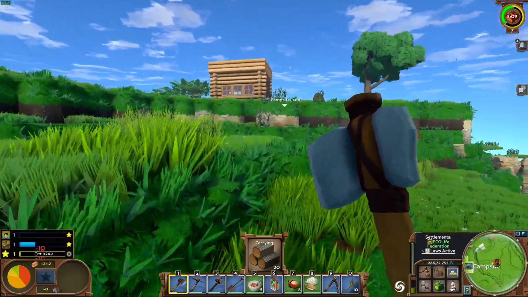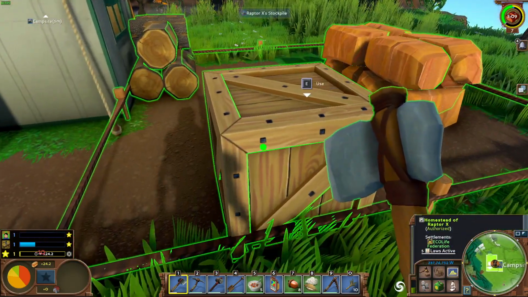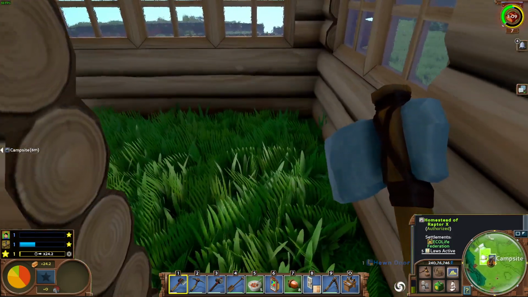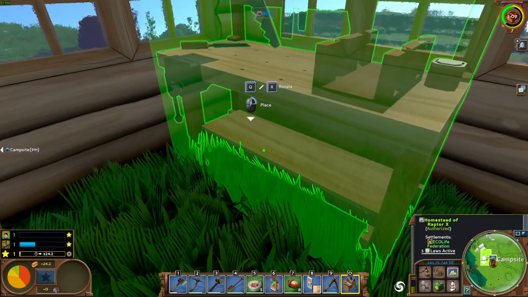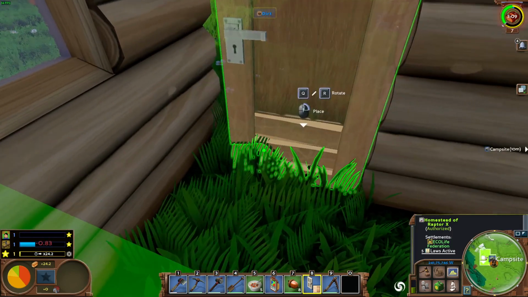Oh, okay, so let's go ahead and we'll get our carpentry table. Put those back there. That into there, and we'll get our hewn log, or a hewn log door. Let's put that one right there. And it's got to be contained within a room, so we're going to go ahead and we're going to put